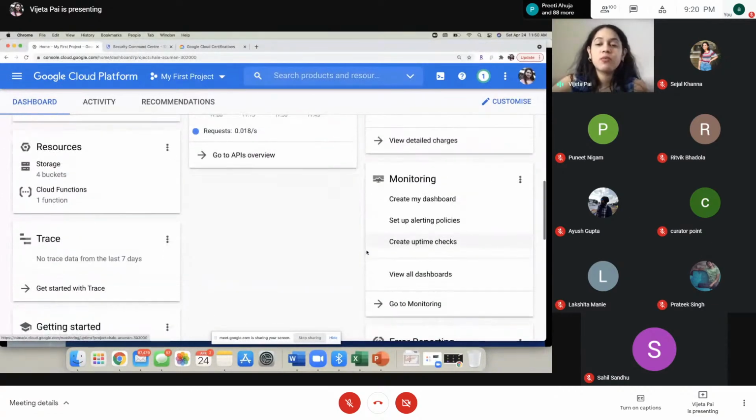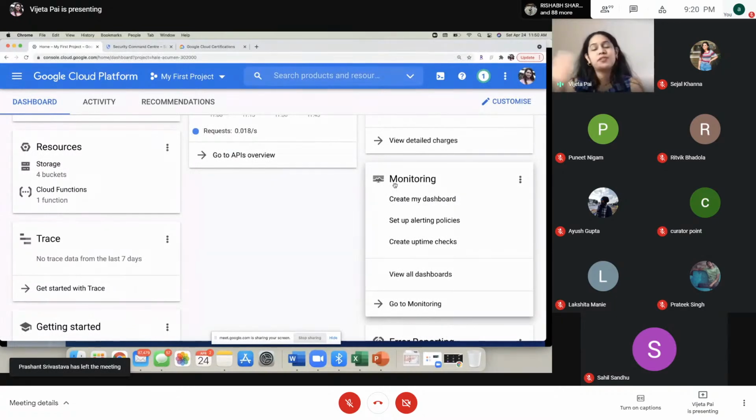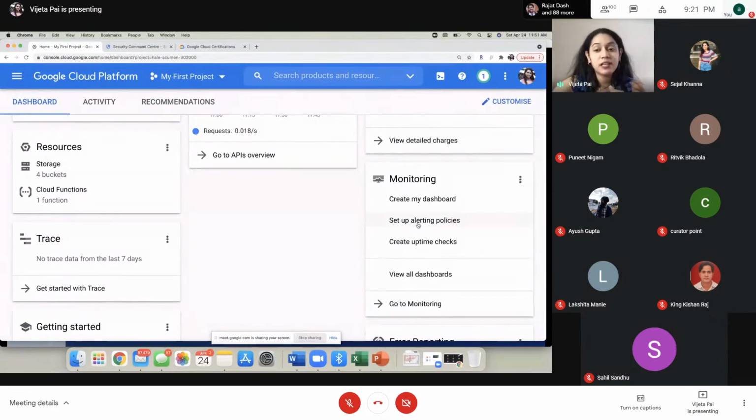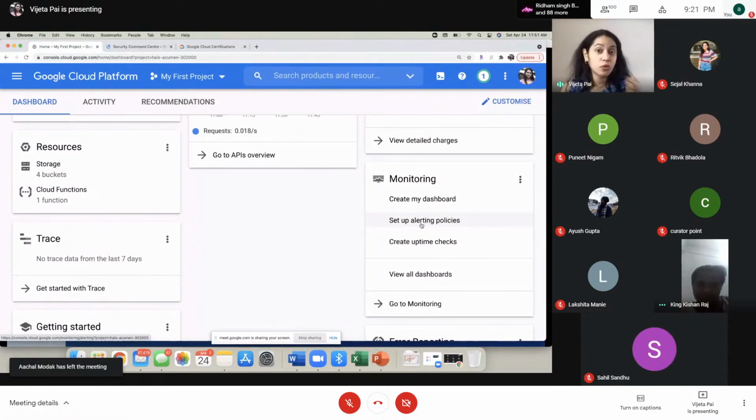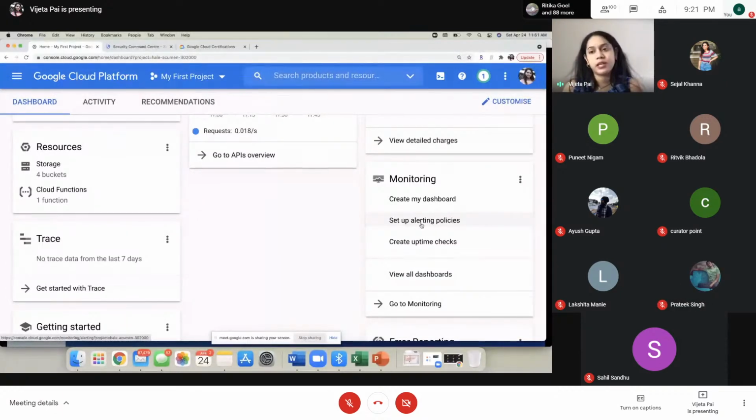Next, we have monitoring. What is monitoring? If you want to monitor some of your applications, the amount of data that's coming in, is it getting slow? Is it reaching the right people? Monitoring and alerting can help. What is alerting? In case something goes unexpected, you can have different conditions out there. For example, if the application is getting so slow that it is taking more than 5 minutes to load or something like that, you can have an alert. So no matter where you are, you get an alert that you have to quickly go and look into the application to make sure everything's running fine.